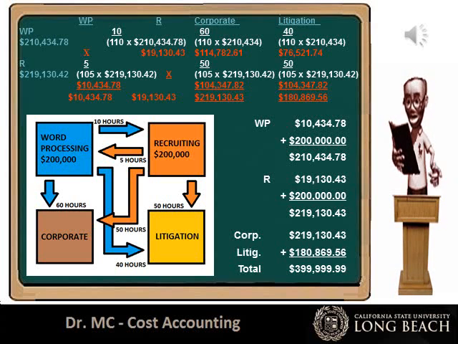You then divide that total into word processing's 5 hours, corporate's 50 hours and litigation's 50 hours to get the percentage of recruiting's costs that are allocated to each of those departments. Therefore, word processing is allocated $10,434.78, corporate is allocated $104,347.82,